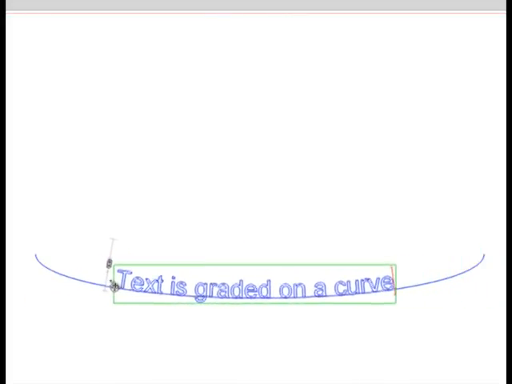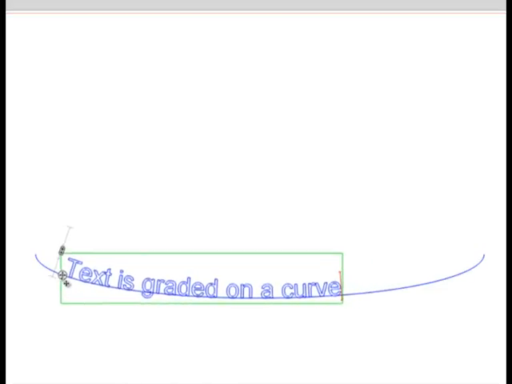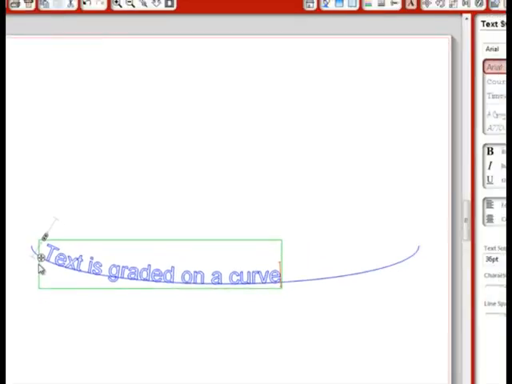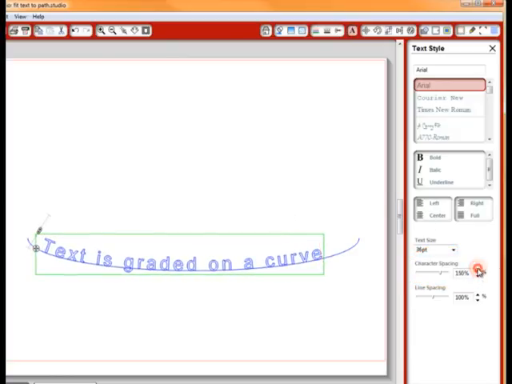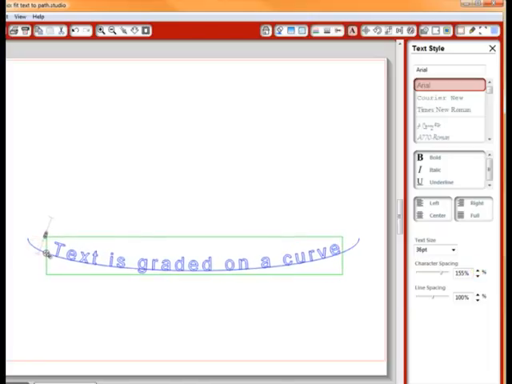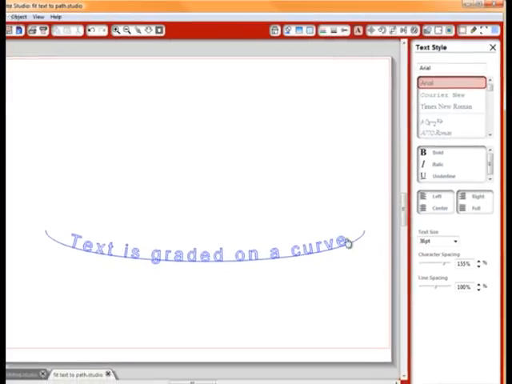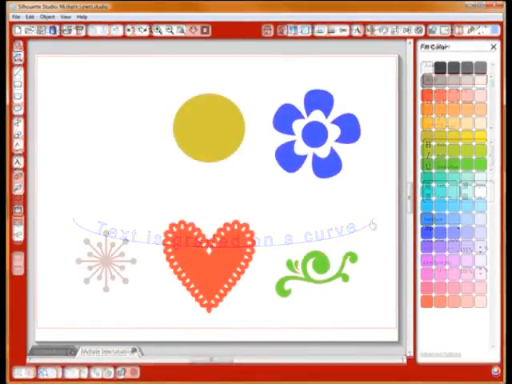It may take some adjustment to get it right where you want, but once we have the position correct, we can then adjust the text, such as the character spacing. And then adjust the position again. And there we have it. Keep in mind that text can be fit to any path, line, or shape. There are many